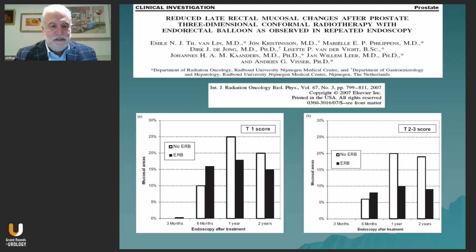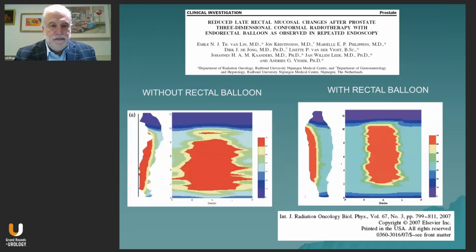That's the white, more changes in the mucosal surface as measured by endoscopy. Then when you do use it, you reduce that amount of mucosal changes. That's both in the T1 and the T2 to 3 score. The title of this paper is Reduced Late Rectal Mucosal Changes After Prostate 3D Conformal Radiotherapy with an Endorectal Balloon in Repeat Endoscopies. So again, this is looking at mucosal changes, and you can see when they map this